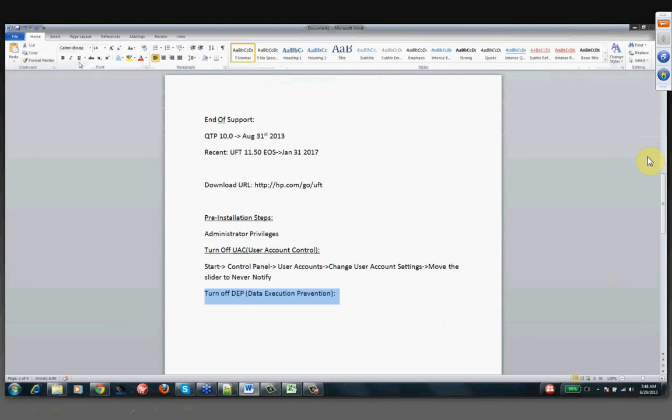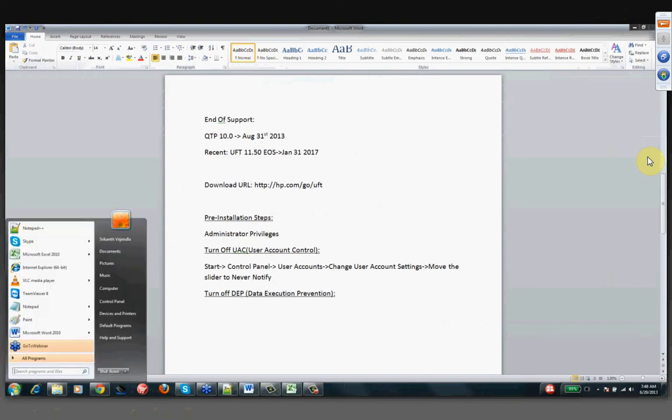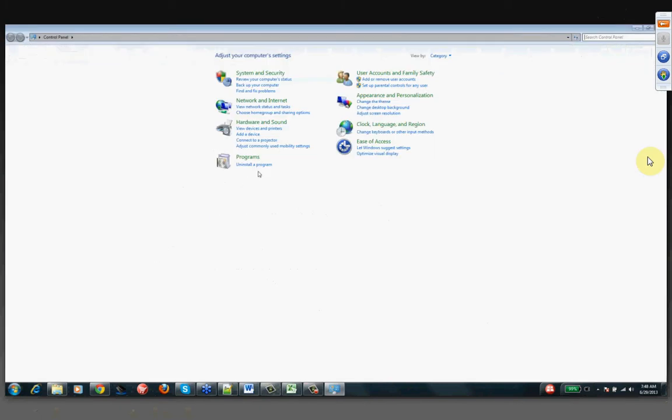Okay, so here now I need to turn off this DEP feature. So let's find out how to turn off this. Again, I'll go to my control panel. In the control panel,